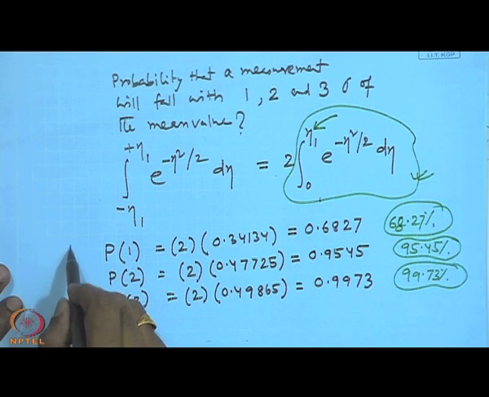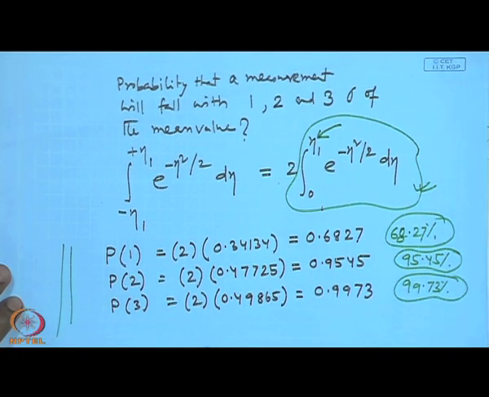All these computations are of course based on the fact that the measurement sets conform to normal distribution or Gaussian distribution. So, this ends our discussion on error analysis. We will now move on to transducers.